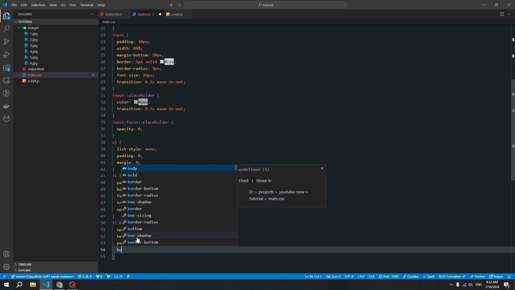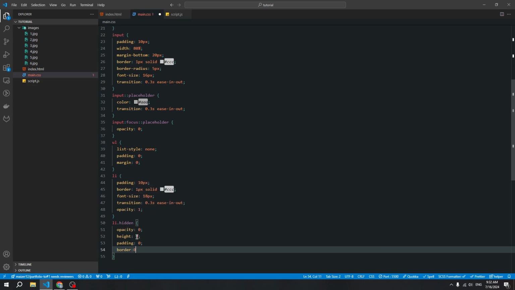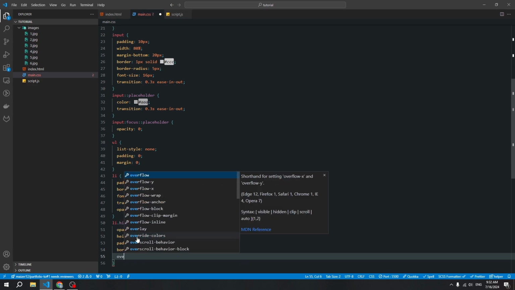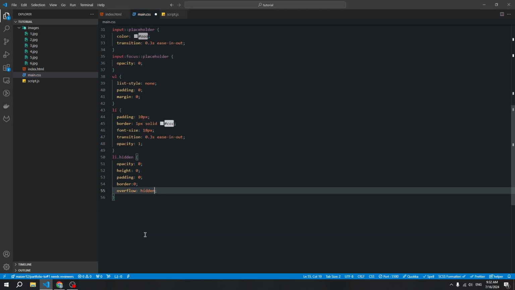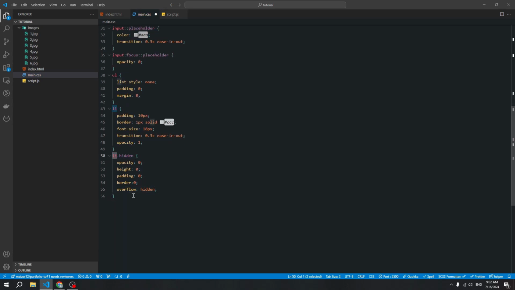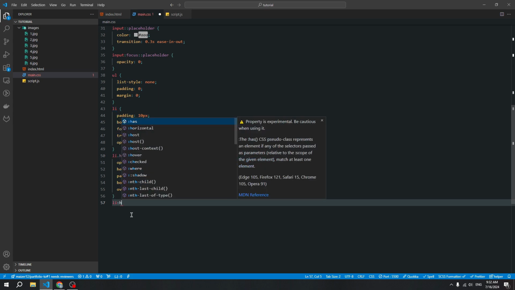Also border 0 and overflow hidden. Okay, I think it will be enough, and also let's create some hover effect for our items